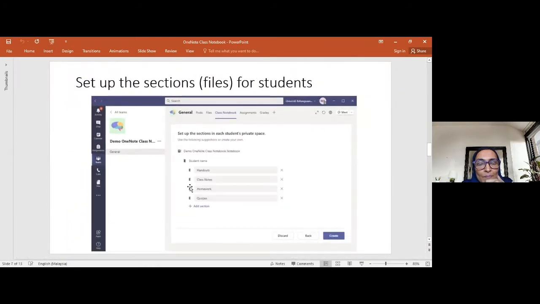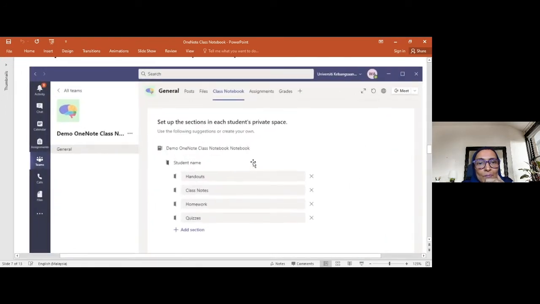So click next and it will give you the authority to set up the sections or files for the students. Imagine that this class notebook is a digital notebook, a digital file. So there should be subsections under this digital file.